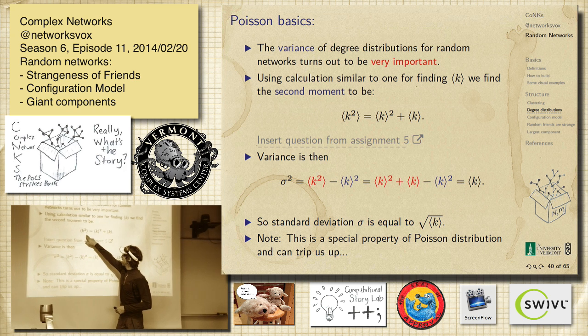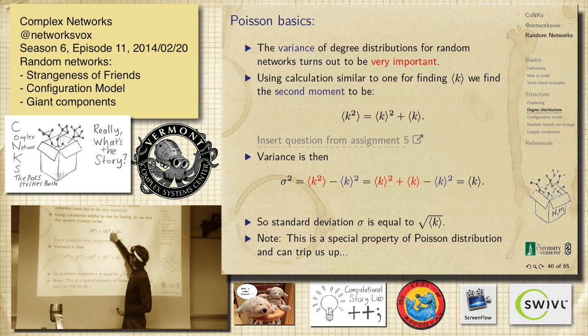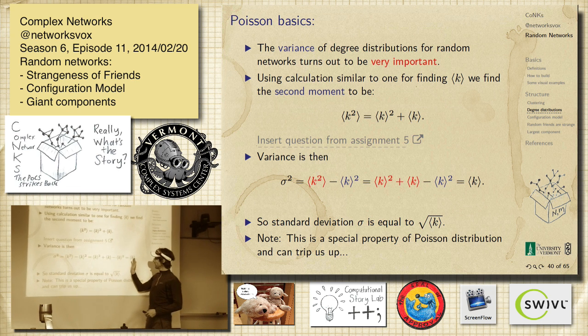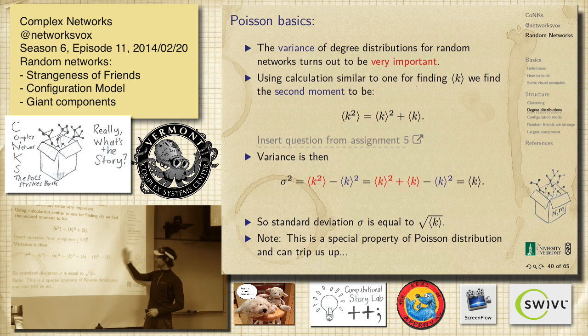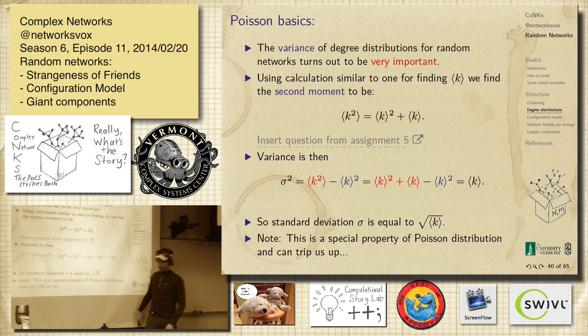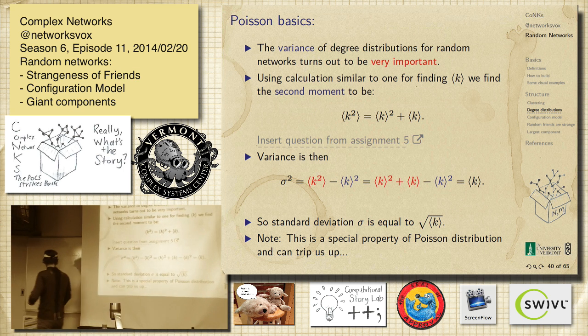But this is a very important feature of the Poisson distribution: the second moment is the mean squared plus the mean. It's the first moment squared plus the first moment, right? The first moment is the mean. So this is just its feature. So if we go to the standard deviation, which is the second moment minus the square of the first, the square of the mean, then everything is here. This is the second moment. It's the square here plus this guy minus the square, so all of this cancels. So we have this odd circumstance that the variance, or the standard deviation squared, is the same as the mean. Think about what that means for the Poisson distribution.